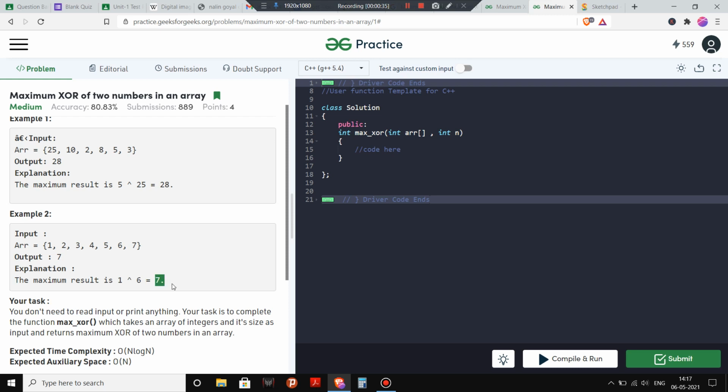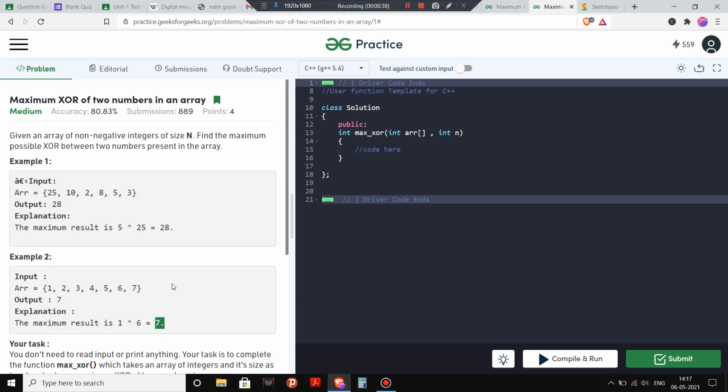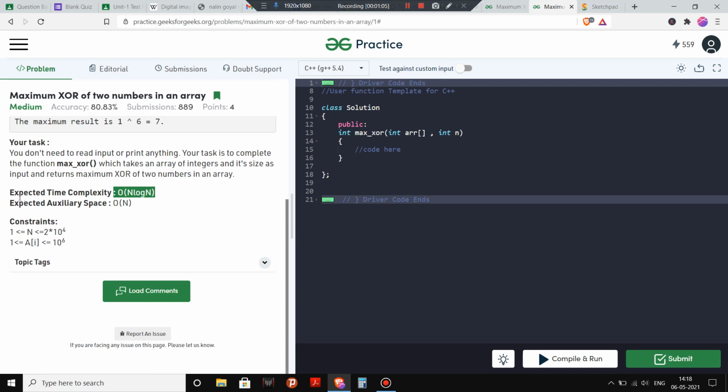One very basic naive idea is to solve this using two loops, which will have the complexity of big O of n square, in which for every value we will iterate over all other values, calculate the XOR of each pair, find which pair has the maximum XOR, and return that XOR value. So this is big O of n square, and since my expected time complexity is big O of n log n, we have to do it in an efficient way, and the more efficient way of doing this is using a trie. So let's look at the explanation.